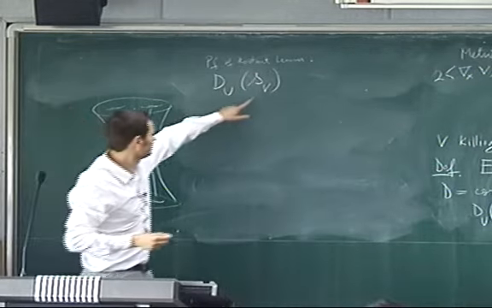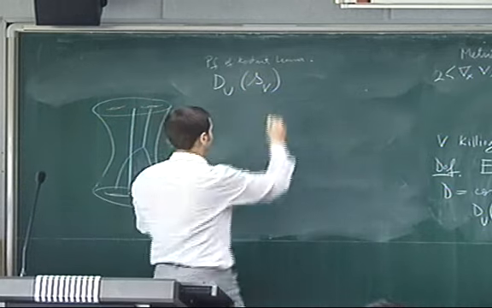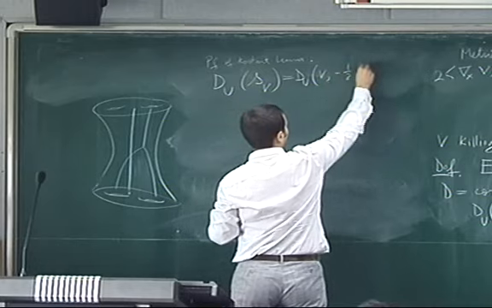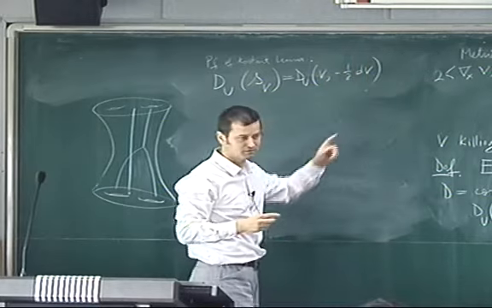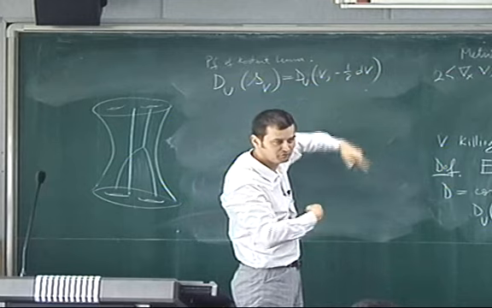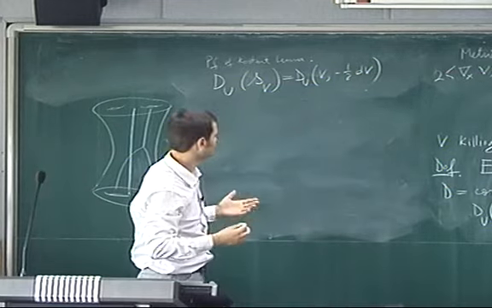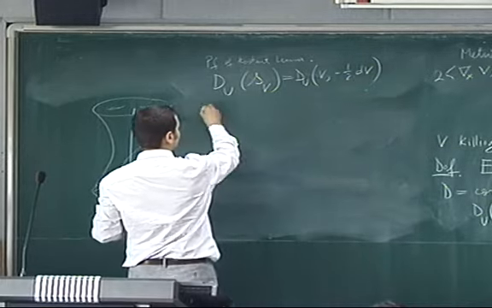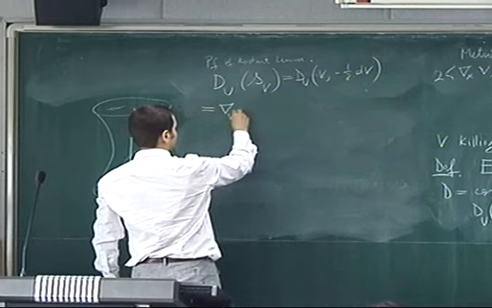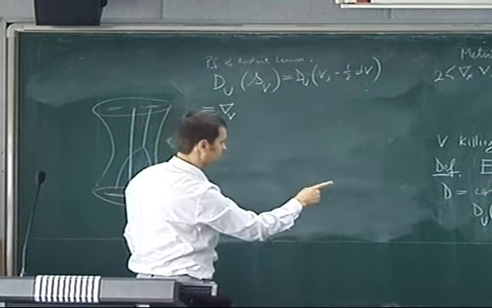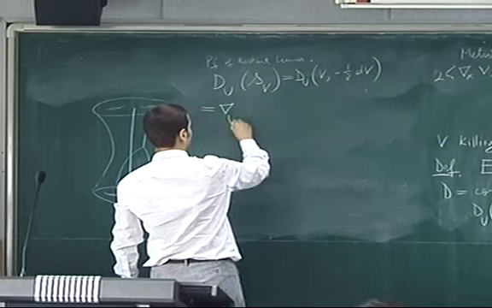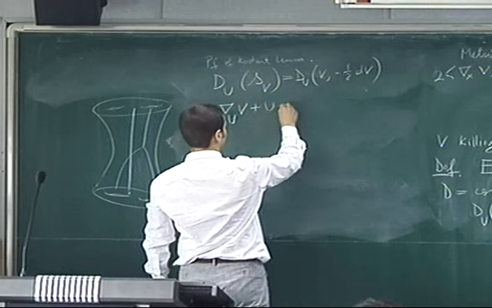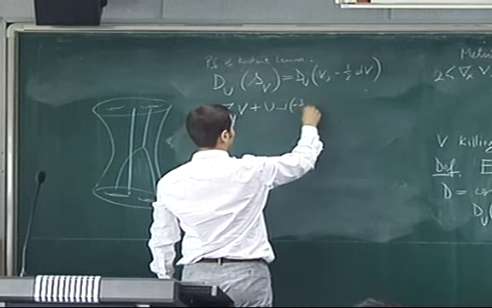I'm looking at the canonical lift of one vector, so by definition it is du of V minus 1/2 dV. Now that we understood the correspondence between vectors and forms, we drop the isomorphism, because d of a vector doesn't make any sense. So this is nabla V